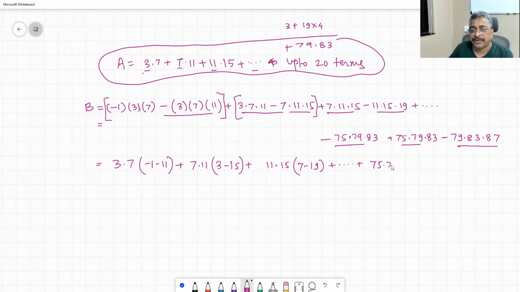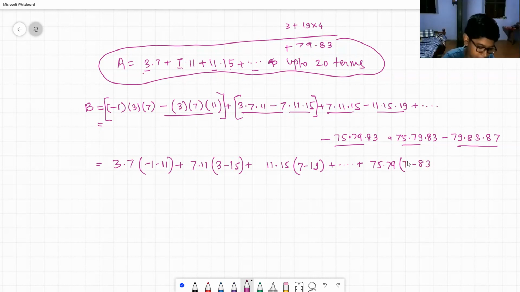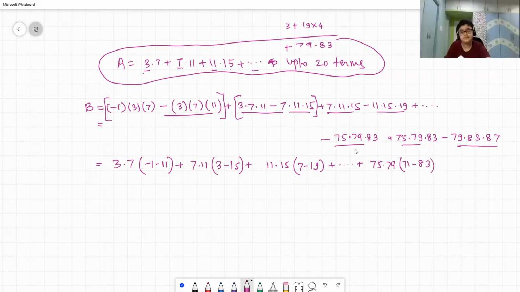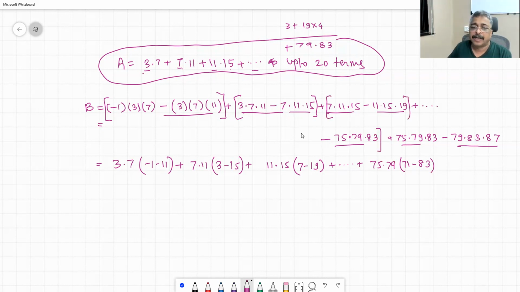75 into 79 inside bracket minus 83, and what would be this number? It is 12. 71. Is that right? 70, 80, 83. Up to this bracketing is done. This bracket here and maybe this bracket. And the last bracket is plus